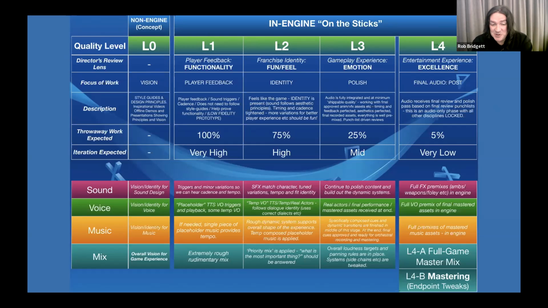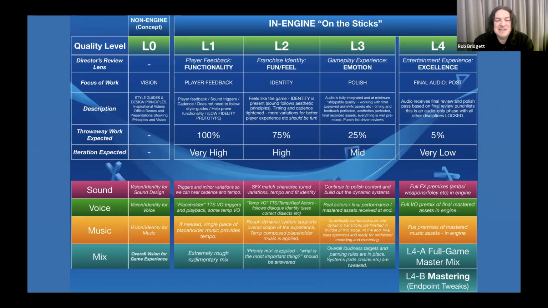And this is where sound also, I think, plays a key role, because you still want to support that feature with some sound feedback. So actually the first version of the Seesaw sound that Simon gave there would have been a perfectly acceptable L1 version of a sound, for me at least, as an audio director. Because you get initial feedback and you understand, okay, cool, it's going to make this kind of rusty, squeaky sound. We like the tone of that. It fits in the world. That's great. So getting that feedback in there is really important.